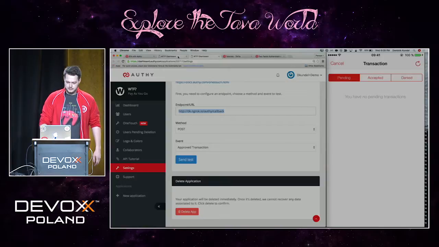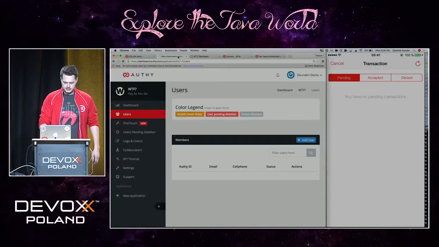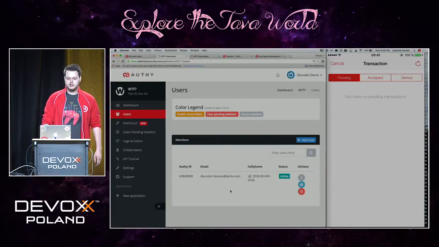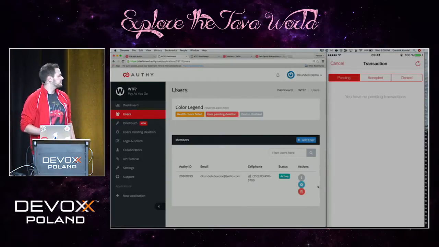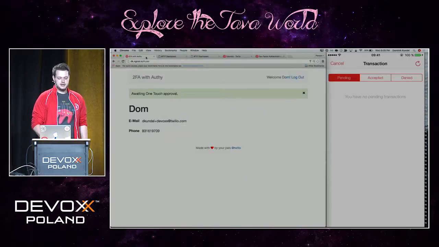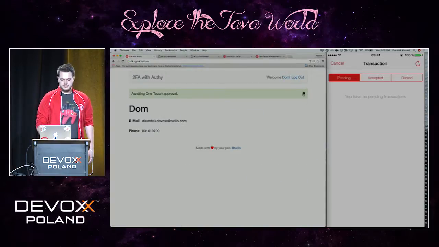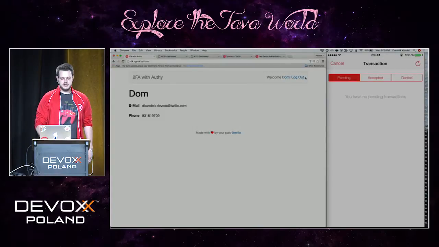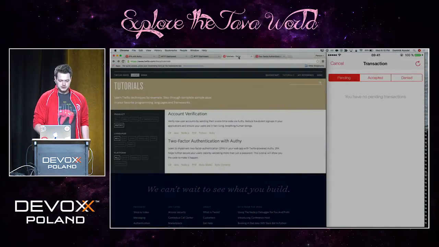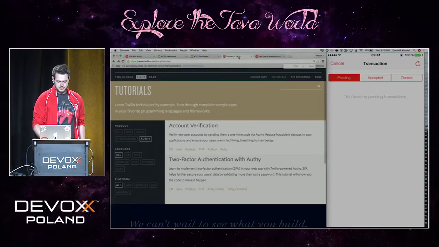And the other great thing is if I reload this now, I actually have the user here. So if I want to stop granting this person access, or if I want to say, don't allow SMS notifications about this anymore, we can do that. And the other thing is, we can fall back to the other thing. So the original demo that you can find in our tutorials in various languages, so on